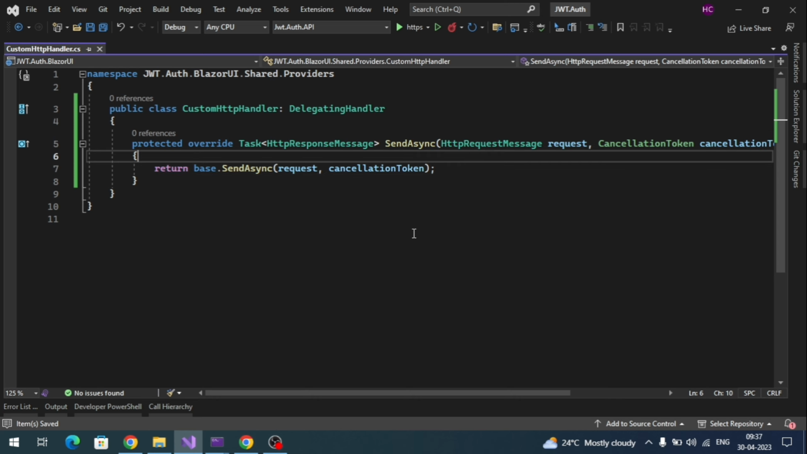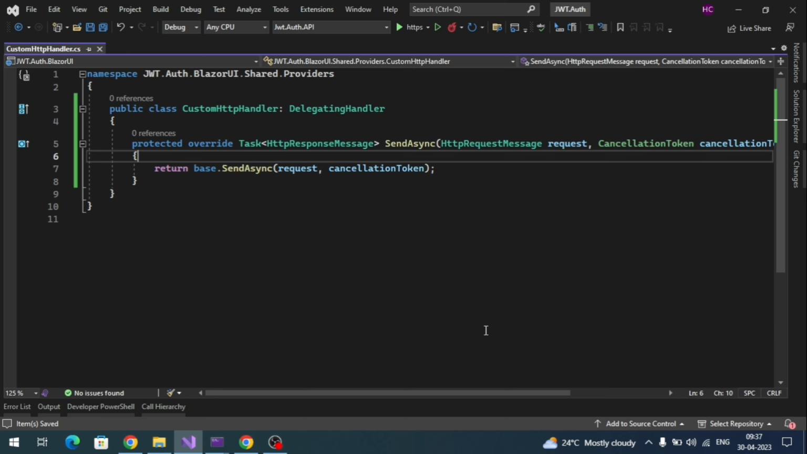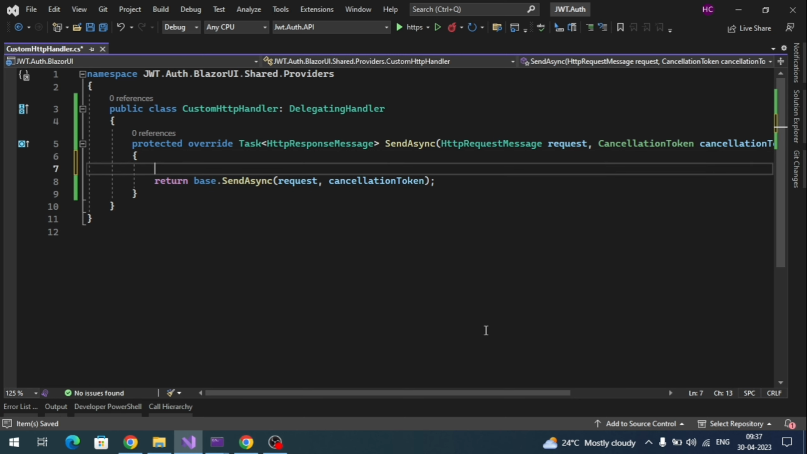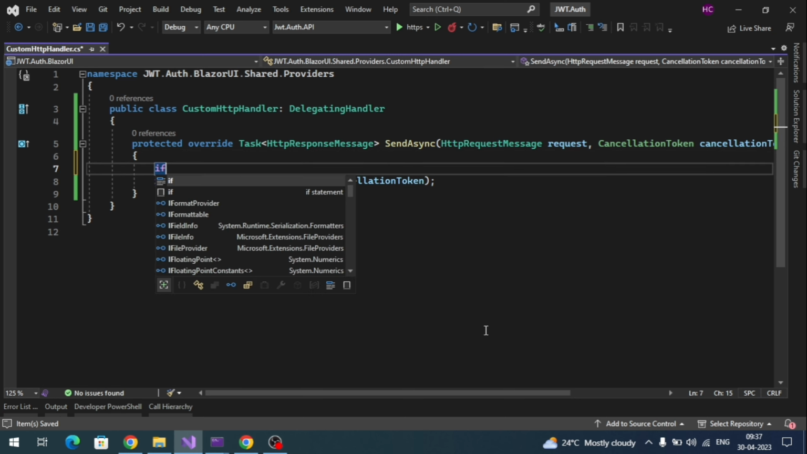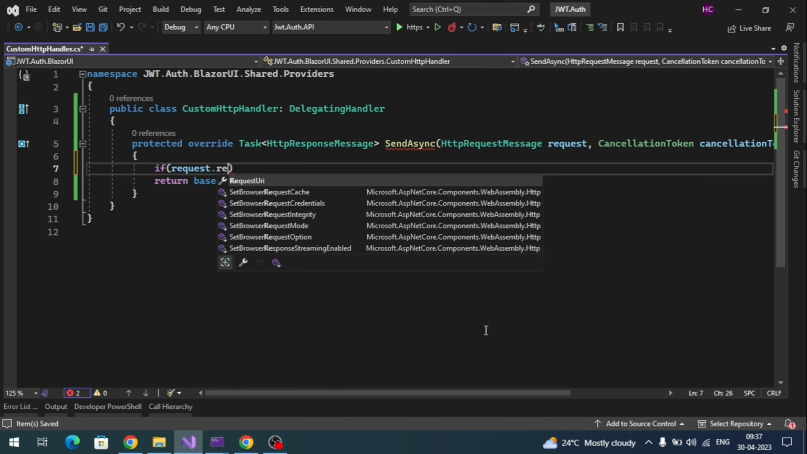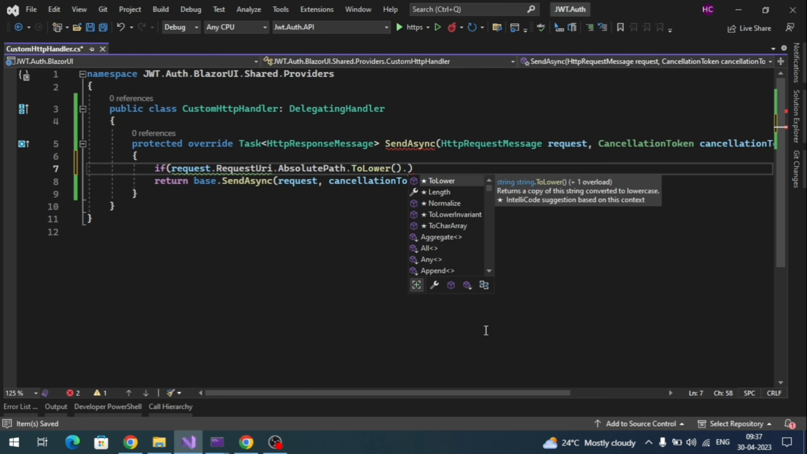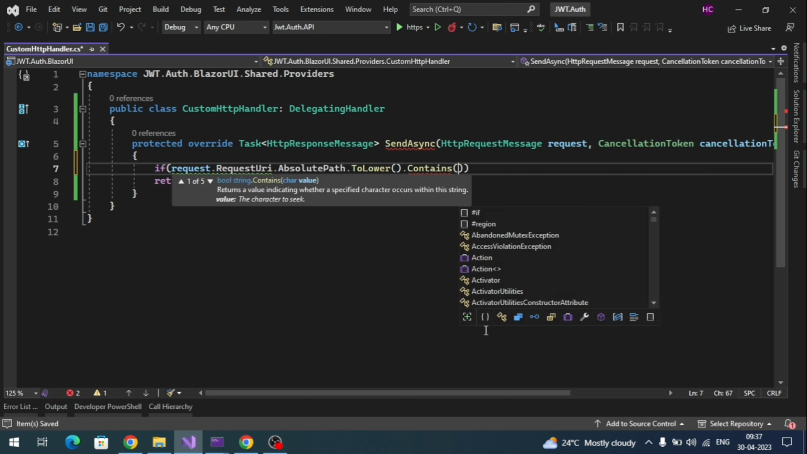So now here, whenever this custom delegating handler is integrated with the HTTP instance, this method will execute before sending to the server. Okay, means I want to bypass some logic before sending to the server. So here what I will do, if request.RequestUri.AbsolutePath.ToLower().Contains